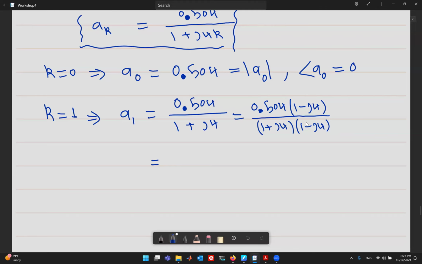It's a difference of squares, but since the square of j is minus 1, we get the addition of the squares. So 0.504 times 1 minus j4 divided by 1 squared plus 4 squared,